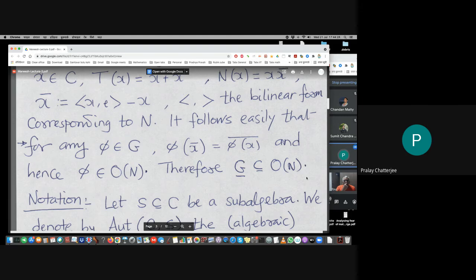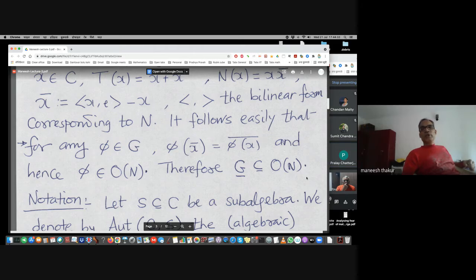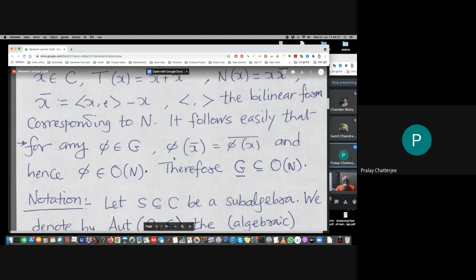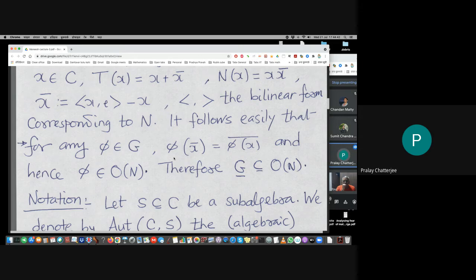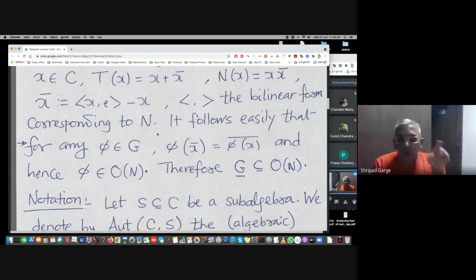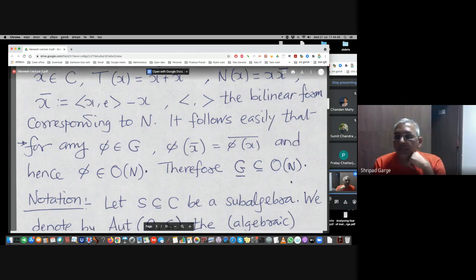I mean, if I take K to be finite, then what will happen? No. Algebraic closure is infinite. So you work this out over algebraic closure. No. I'm saying that the K points need not be Zariski dense, right? Yes. But the whole argument can be made over K bar itself, no?